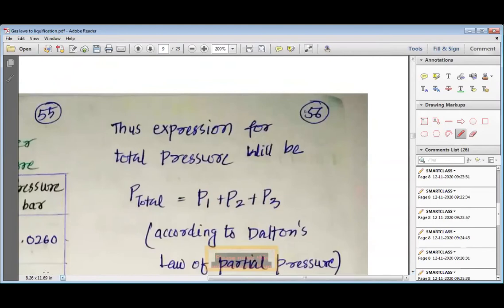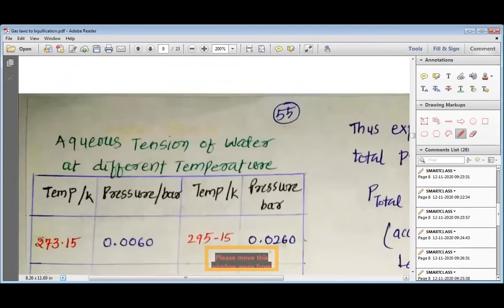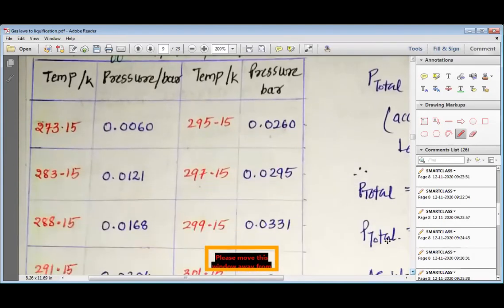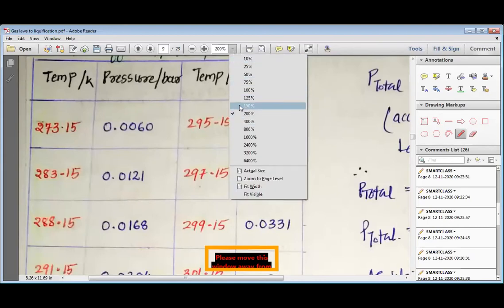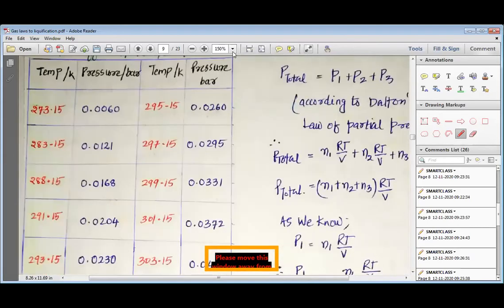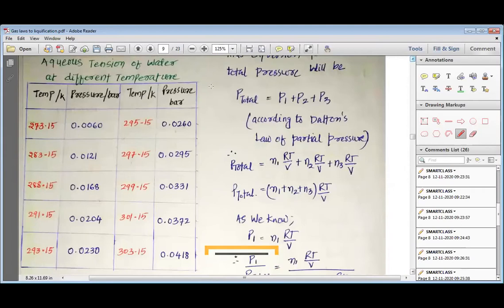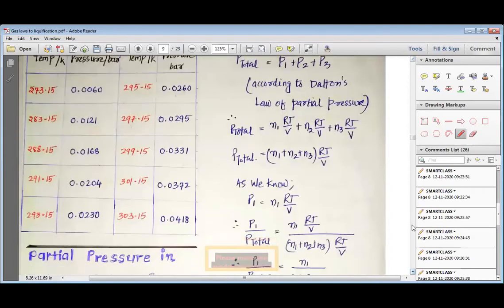Now let's move to the next point, my dear students. Aqueous tension of water at different temperatures. Please remember that for different temperatures we have a table. In this table we have represented the aqueous tension of the water vapor at various temperatures. Aqueous tension of water at different temperatures. So you can see here that